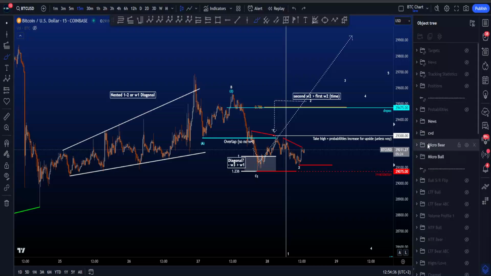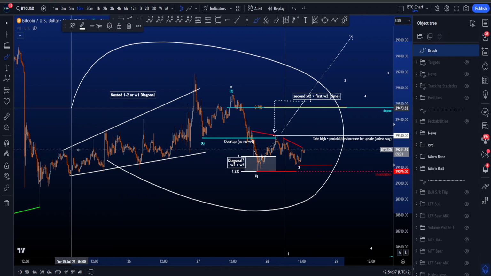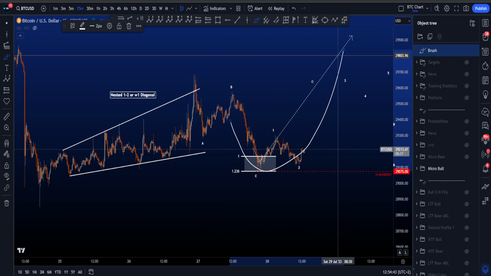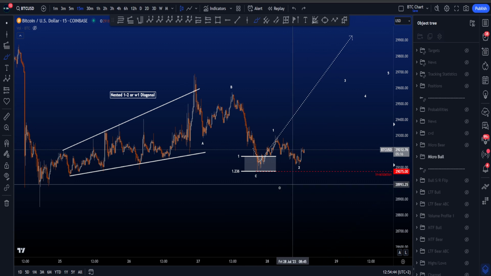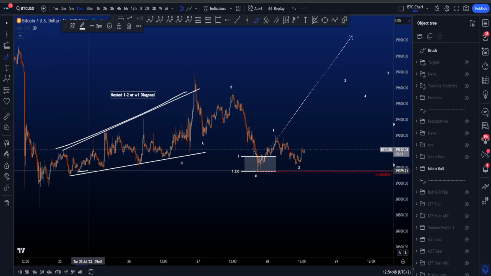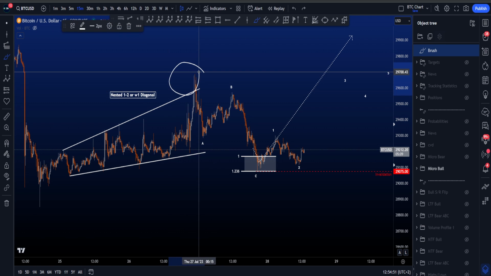Hi everyone, let's go over my micro bullish and bearish Elliott Wave scenarios on Bitcoin, starting with the micro bullish scenario where we expect continuation to the upside in an impulsive structure. After this first structure to the upside over here, which looks to be expanding, has to be a first wave,